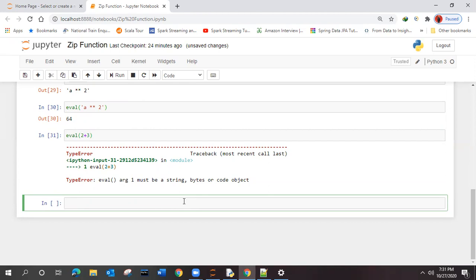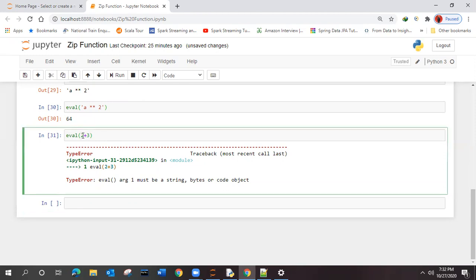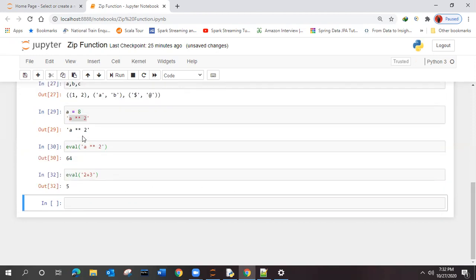So for normal arithmetic expression evaluation, we will not use the integer type like 2 plus 3; if you have to execute, we need to write it in string format. Otherwise it is not going to work. Let me write inside the single quote. Now it's working, right?